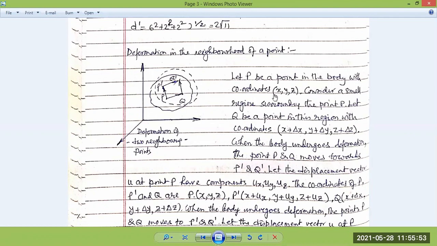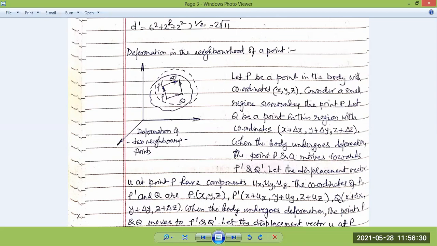So the coordinates of P are x, y, z as given. And so what will be the coordinates for Q? It is x plus delta x, y plus delta y, z plus delta z. So here we are adding the values of delta x, delta y, and delta z. This is a differential length which is changed if it moves from the point P to Q. So P and Q coordinates are not equal. They have a difference, but the difference is extremely small.